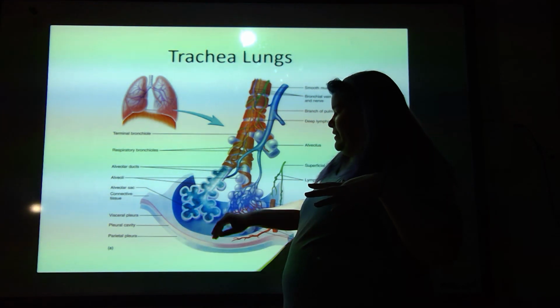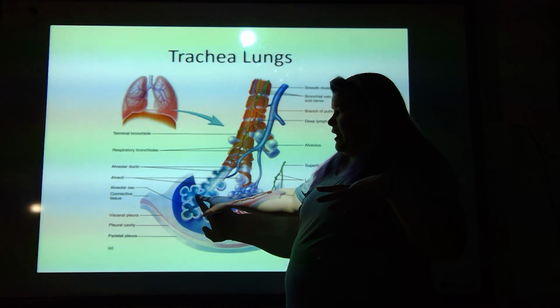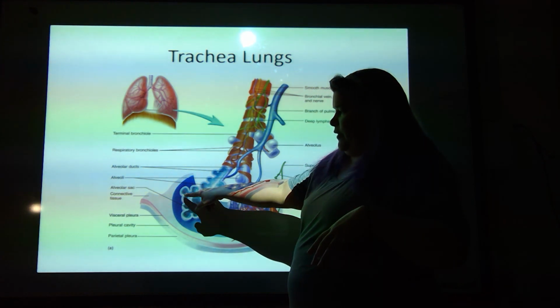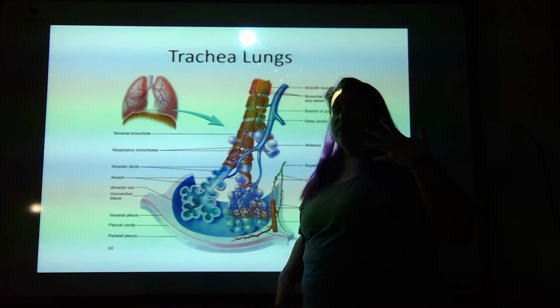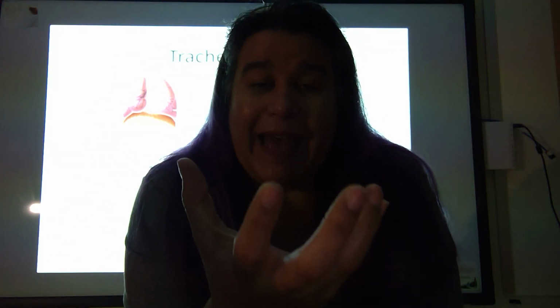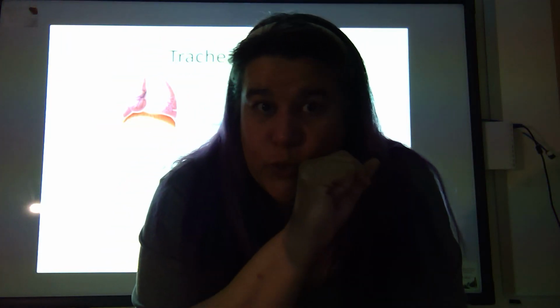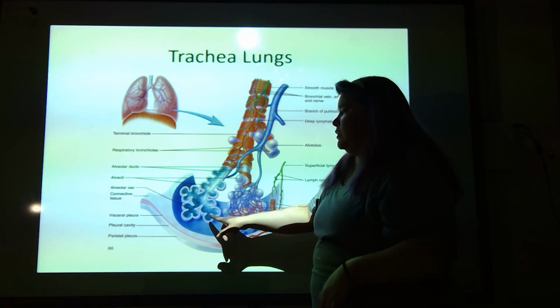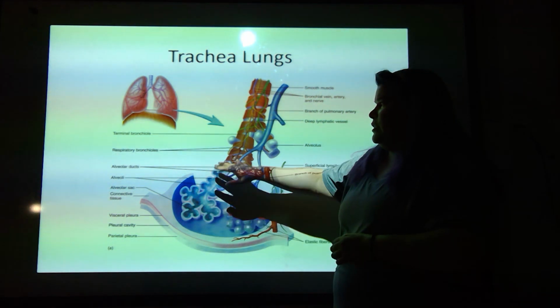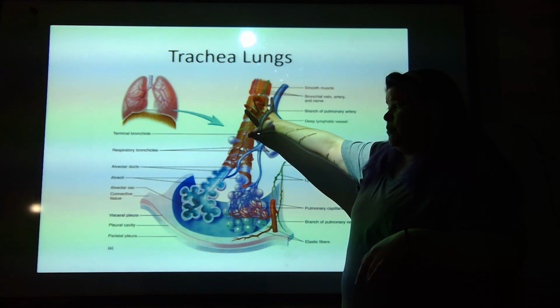When we get to the end here, you'll notice that I've got these sacs that have alveoli coming off of them. The best way that I can think to describe this is like a cul-de-sac in a housing development. You've got this space in the middle and different houses coming off of it. So the alveolar sac is this sac in the middle with the alveoli coming off of it. And each individual bubble, if you will, is called an alveolus, like I said before. So you've got the alveolar sac, the alveolar duct, the respiratory bronchioles, the terminal bronchiole,